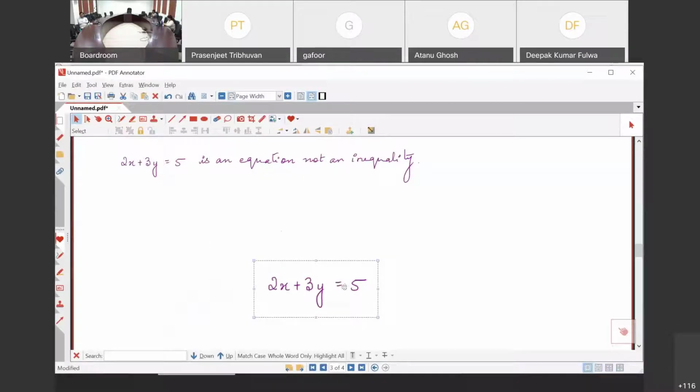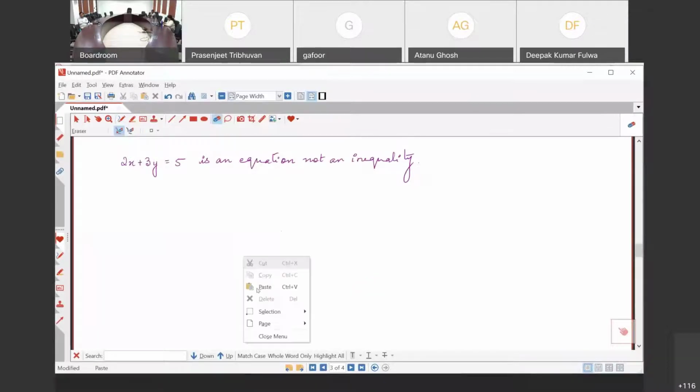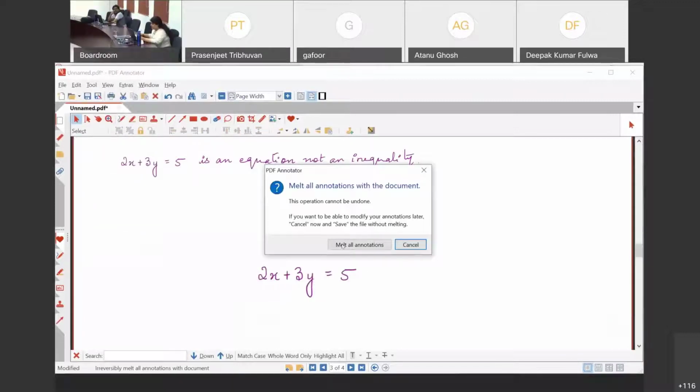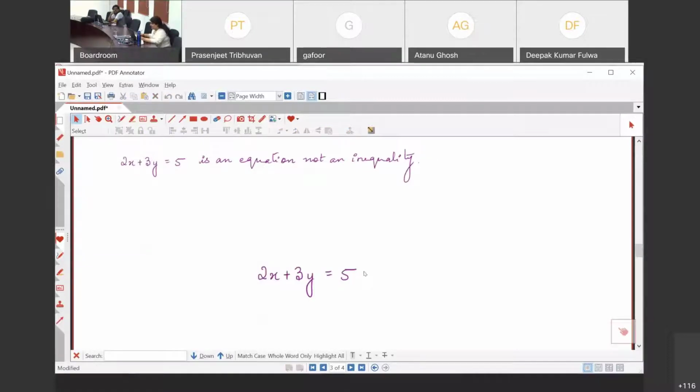Now if I want to write on this image, you will notice, suppose I have written something like 52, I change my mode to pen, 52, and 52 is wrong, and I go back and I start erasing this, my whole image will go away. But if I paste the image and I go to edit and melt all annotations, and then I write 52 and 52 is not correct, then I go back to eraser and I erase 52, the image is not gone.